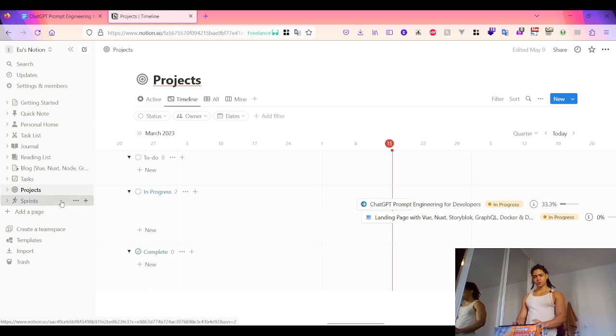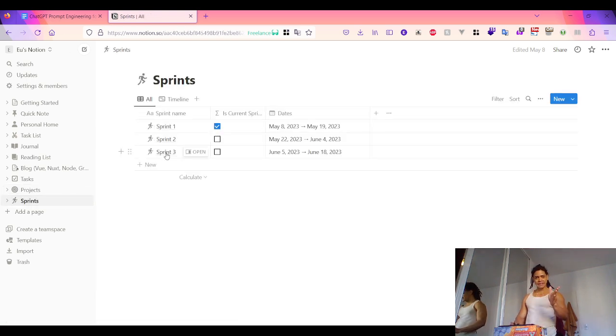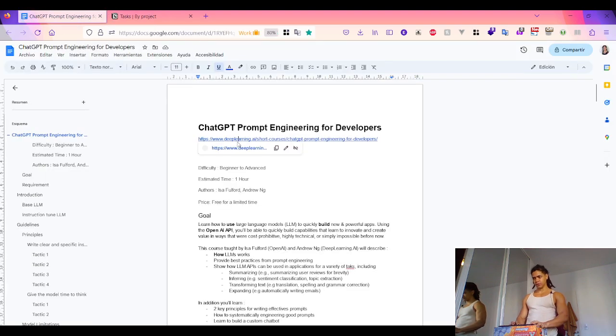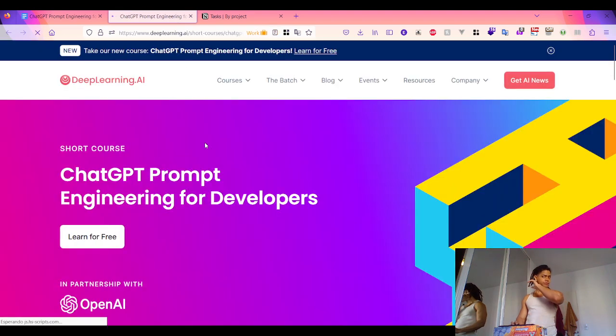We are also following the Scrum framework from the Agile Manifesto, which is a software development project management approach. These are the couple of tasks that I defined. First, the introduction, so understand the course details. When you navigate to the DeepLearning course, the URL link is this: ChatGPT Prompt Engineering